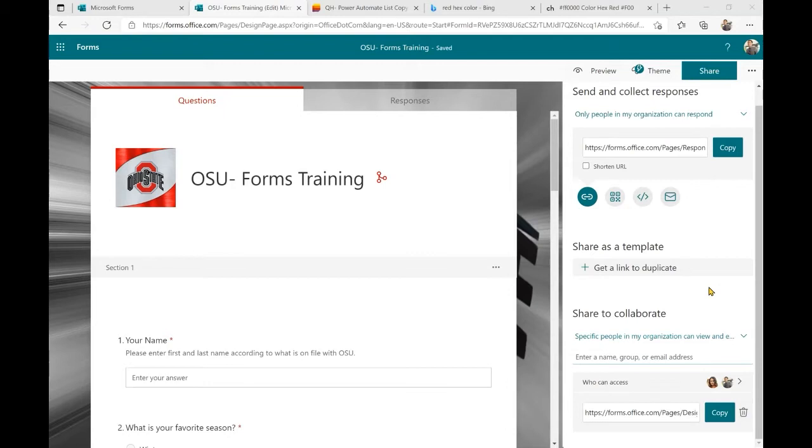Yes and no. I'm not sure what you mean by launch it. Sharing the link, I mean, you're not able to use it as... how do I put this? You can use it as a poll, but it's not going to be this form. So you can create polls with forms in a meeting, but that poll is going to have to be specific to that meeting.